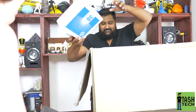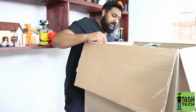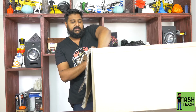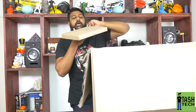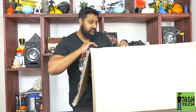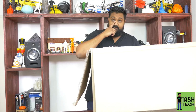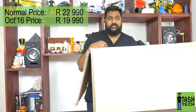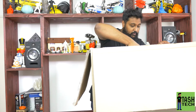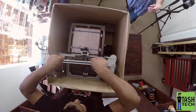Alright, so just all that filament there. Nice, he sent me a little box of filament as well. From what I understand, this printer is on special until the end of October. It's a launch price he's got going on, and it's normally 22,990 Rand. This one is going for 19,990 Rand including VAT, and it comes with Simplify 3D and a 6-month carry-in warranty. And he also said to me that by the end of the year,